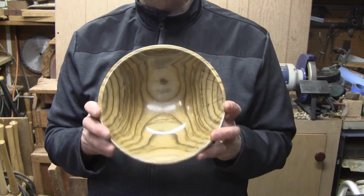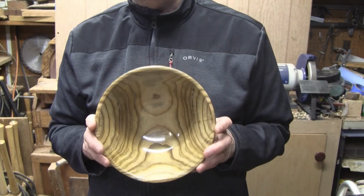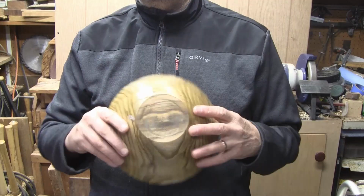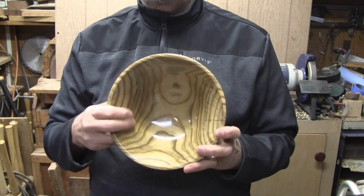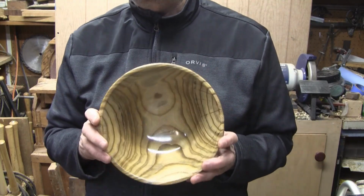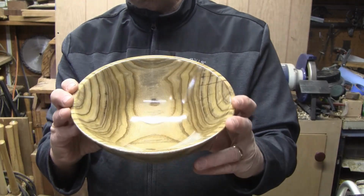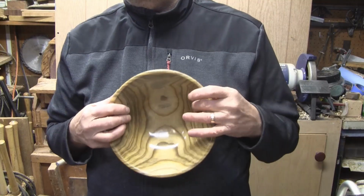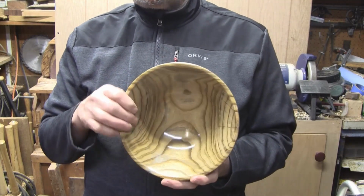Well, here it is. It's all done, and I think it looks pretty nice. It finished 8.5 inches in diameter. It's 3 1/4 inches tall, and the base is 3 1/2 inches, and the walls are 1/4 inch. I used the Minwax water-based sanding sealer, a Minwax Polycrylic, and to get that really deep shine, I used Ack's abrasive paste and polish. So I was going to tell you a little bit about that little sanding trick that I did. Well, it all started with